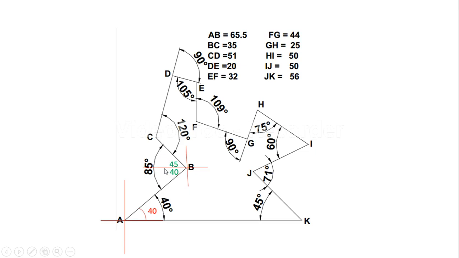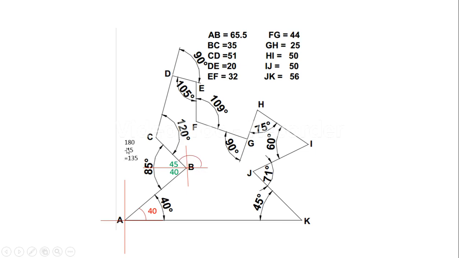Now what is the angle made by line BC with the horizontal x-axis? Which angle do we need? We need the angle from here to here. This is 0, 90, this is 180. But we don't need the total 180. We only need from 0 to this part. So how to get it? This total 180 minus 45 will give you this angle.